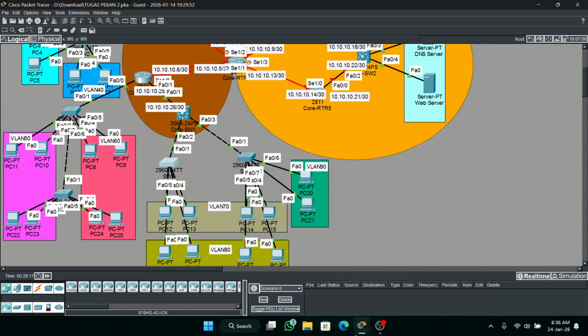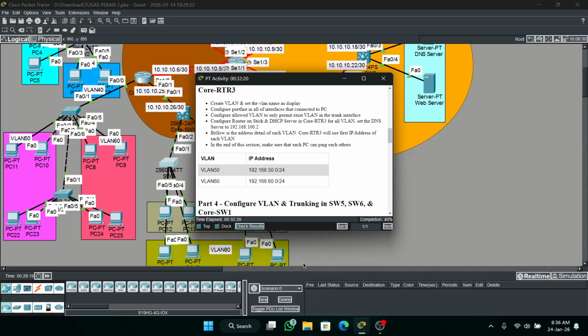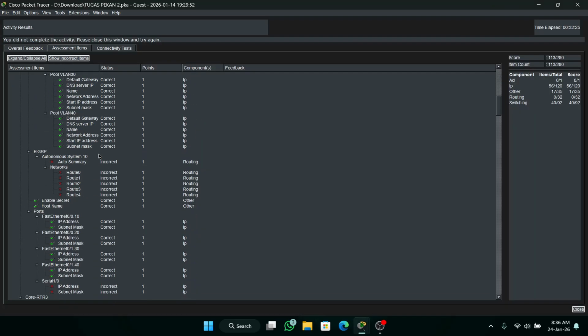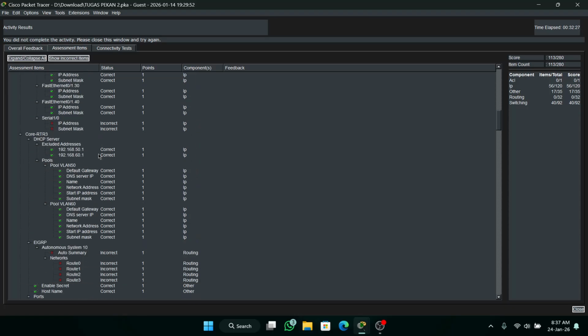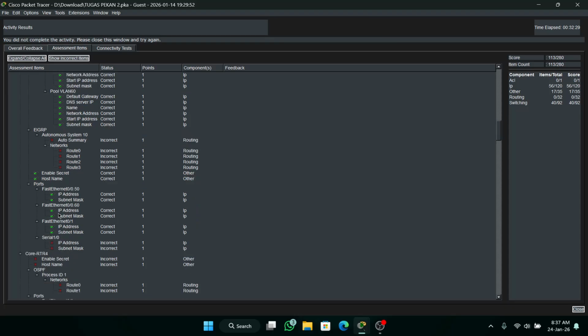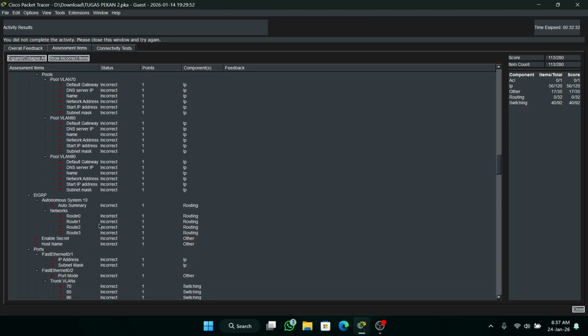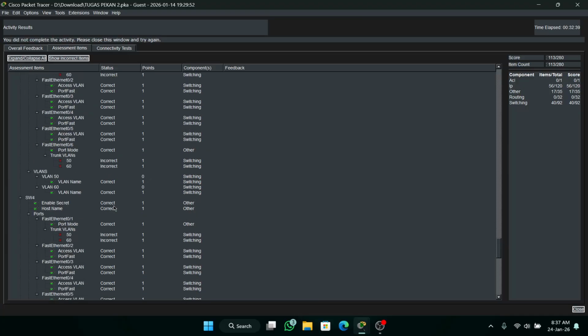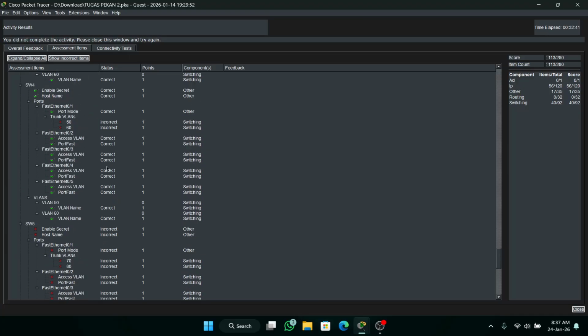Oh yeah, I was wrong. One point: as you can see, this is wrong VLAN. Why is this incorrect? Because we have not configured the allowed VLANs on the trunk.